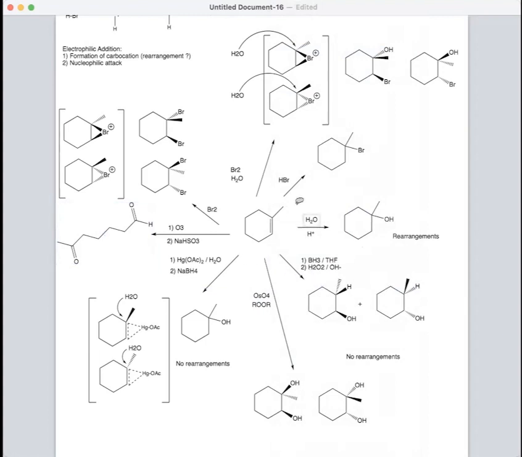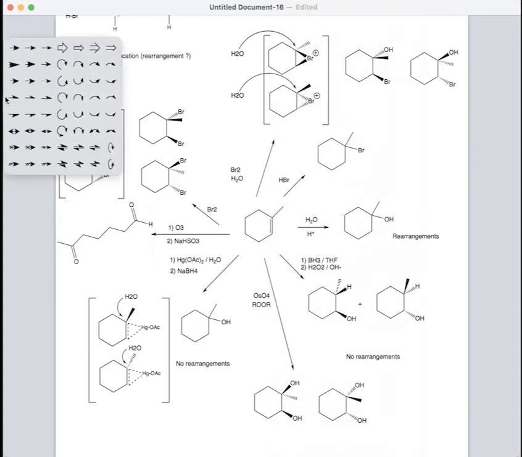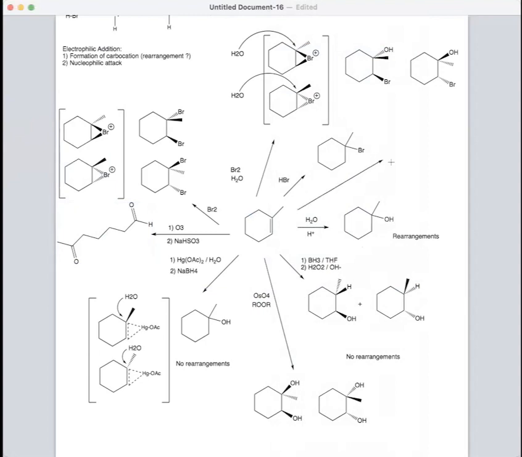And hydrogenation is just reducing this to an alkane. Remember, we need to use a catalyst for that. It could be palladium, nickel, or platinum. Let's say palladium, and that just reduces the alkene to an alkane. It's also stereospecific because it's a cis reduction. In this case, it doesn't apply once again because we're not getting anything chiral, but both hydrogens are adding on the same face of the alkene. Okay. So